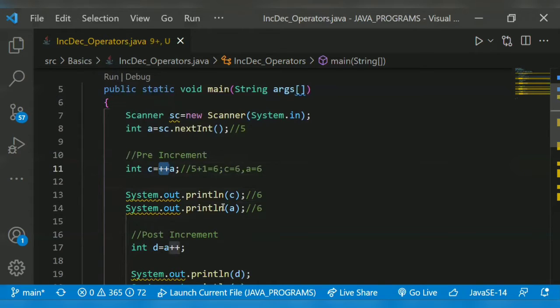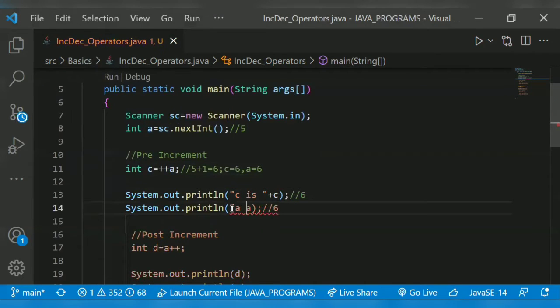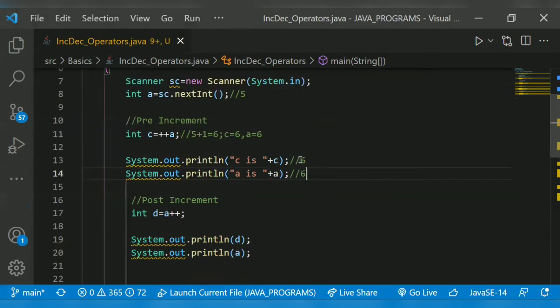For better understanding of the output, I will print c is, so c is 6, a is also 6.